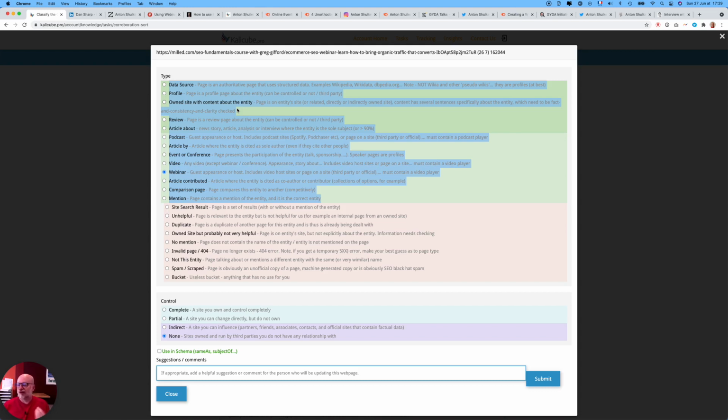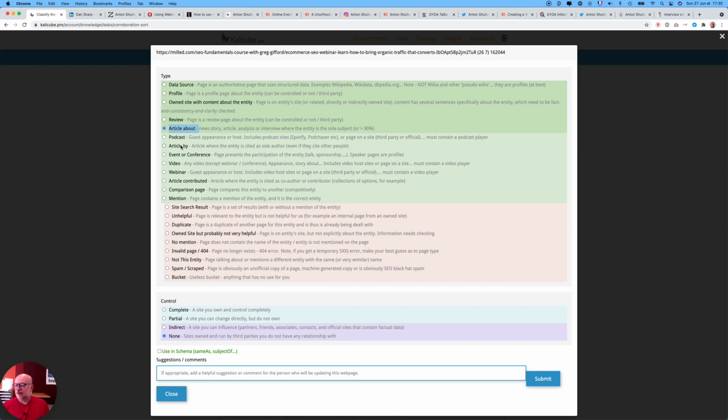And we want to make sure that information corroborates what we're saying on other sites we own, because obviously once Google's understood that that's an owned site, it really wants to see and expects to see consistent information across it. Review sites for different platforms, for software, for SaaS, and so on and so forth. Articles about, as I said, incredibly important. A podcast where the person appears as a guest or a host. Article by, when somebody's written an article, that can be very useful as well, much less so than article about,